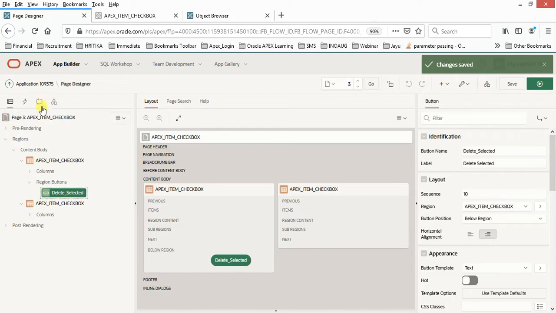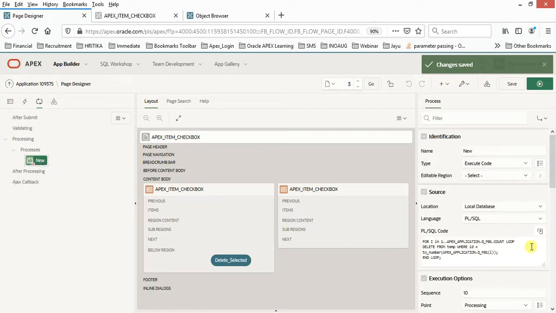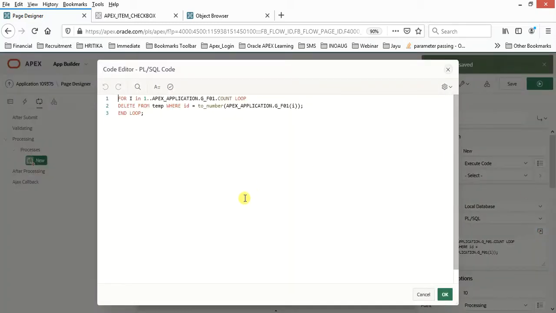Let me show you what that button is actually doing. On that, I have provided one procedure process that is like this one. Let's say for example you have 9 items, so you have to go through from 1 to 9. So I'm running a for loop, for i in 1 to apex_application.g_f01.count. You can execute from f01 up to f50. We have ultimately 9 currently.